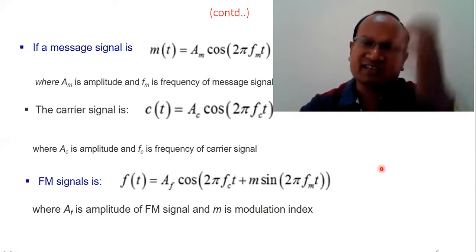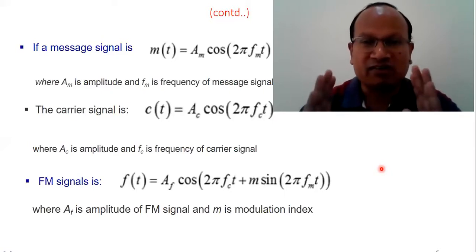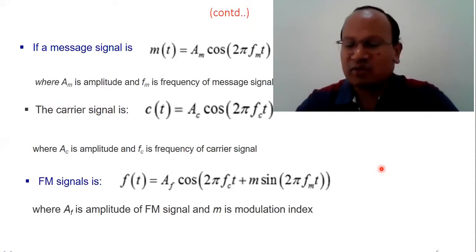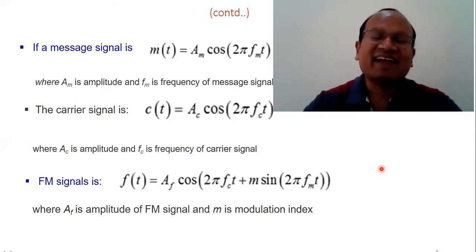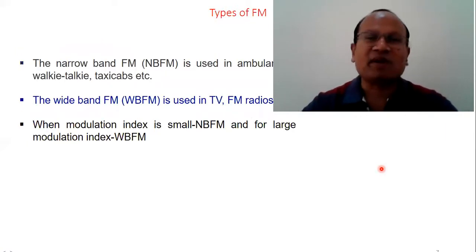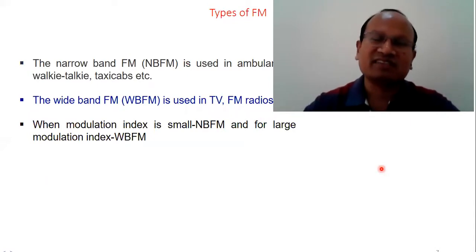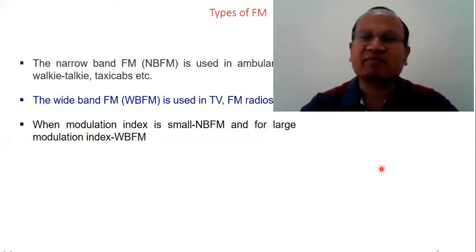According to the modulation index, as we have seen here, small m is the modulation index. We know that in amplitude modulation, the modulation index is supposed to be always less than 1. Otherwise, over-modulation creates difficulties like distortion, crosstalk in telephone, etc. But in frequency modulation, m is very high. So depending upon the values of m, there are two types of FM. One, narrowband FM. Second, wideband FM.